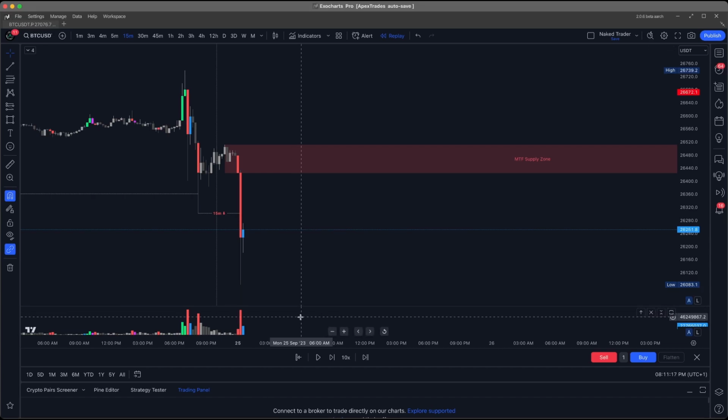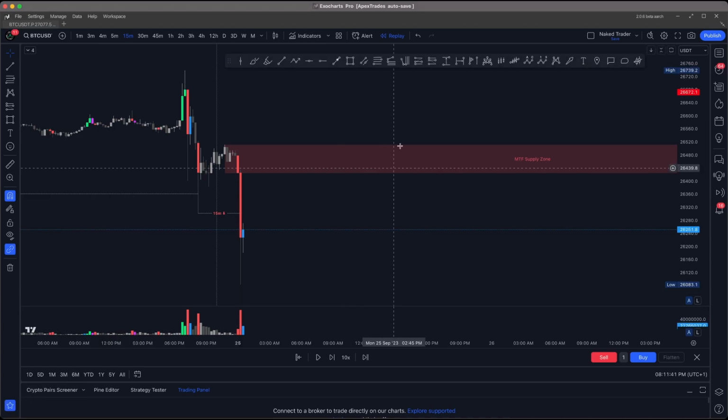So we're on the 15-minute. Of course, we're anticipating price to come into the supply zone to take our trade. Now, what I always say is there's a lazy way to do this, lazy in the sense that it's high risk, and there's a less risky way to do this. The less risky way means that you've got to look at the charts, you've got to keep on with them charts. That's the thing you've always got to be mindful of.